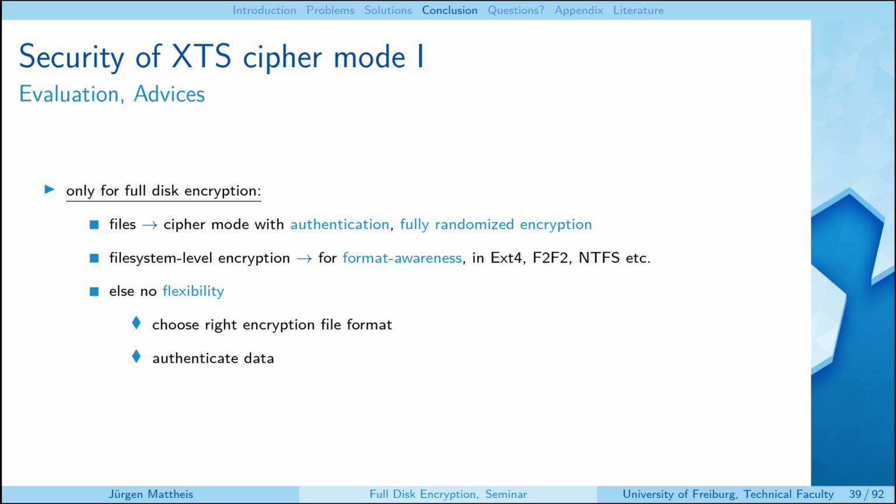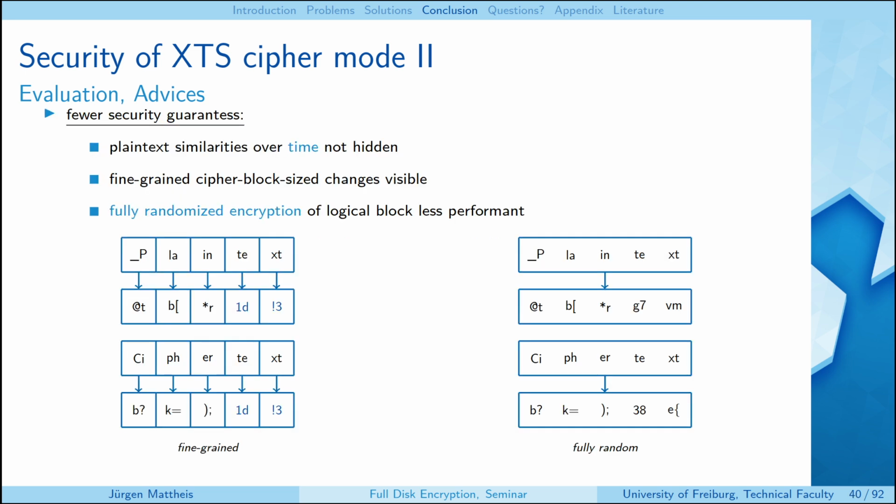Here I would recommend to only use it for full disk encryption, because if you encrypt on the file level, it's more recommended to use a cipher mode with authentication, and that allows fully randomized encryption. And if you encrypt on the file system level, it's more recommended to use the encryption options of the file system, because they have format awareness, and it's basically recommended to always encrypt on the highest possible level, else you will lose flexibility to choose the right encryption for a file format or authenticate your data. And the XTS cipher mode also has fewer security guarantees than other modes,